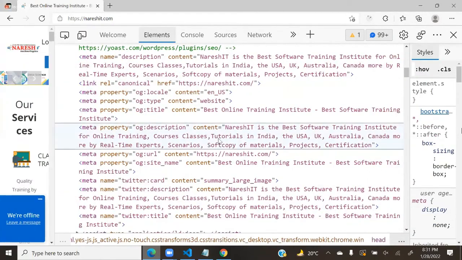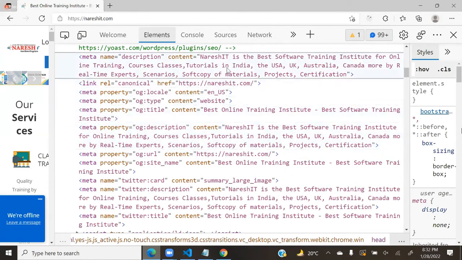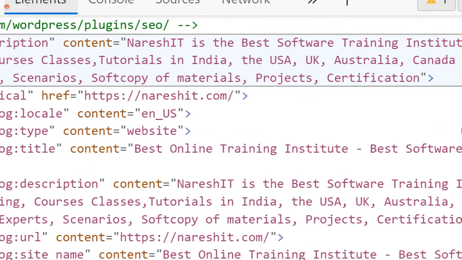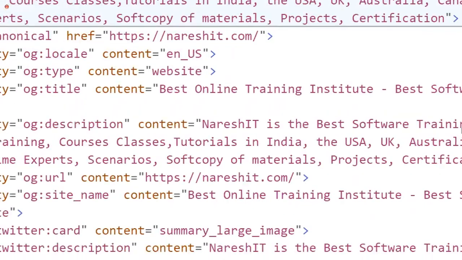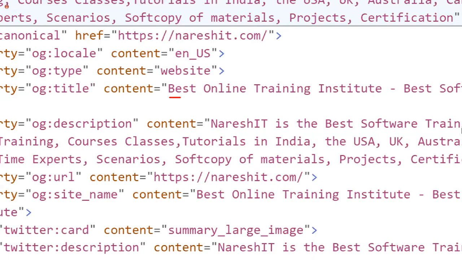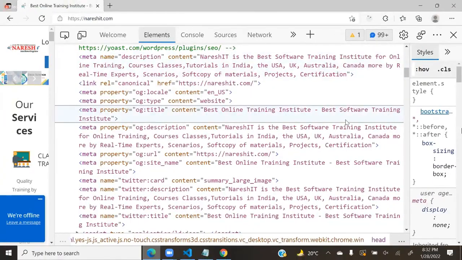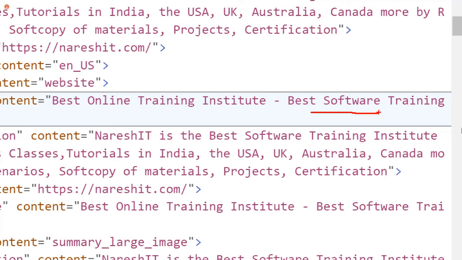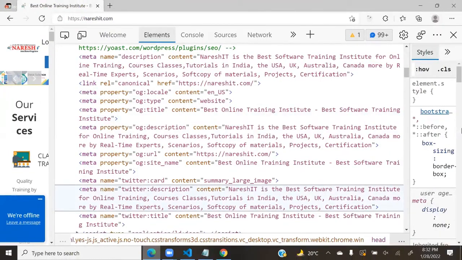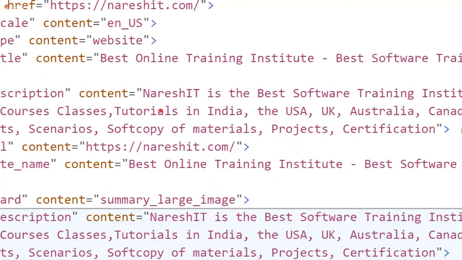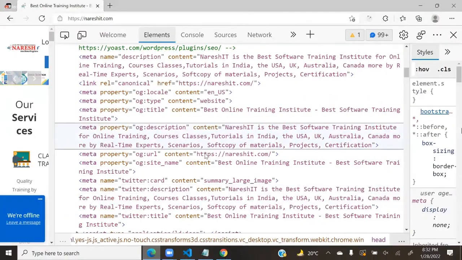So many categories of keywords they are using, like best online training, best software training, and some other keywords in many categories, such as software training, online training.